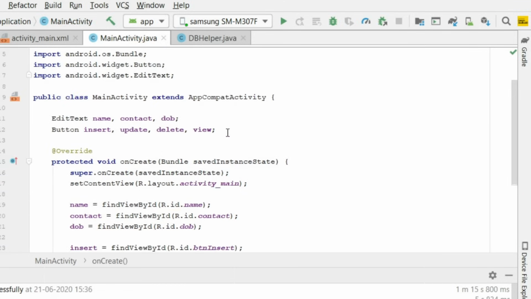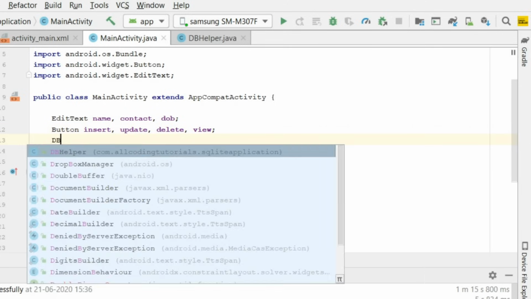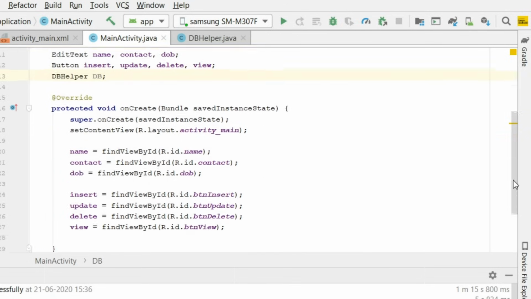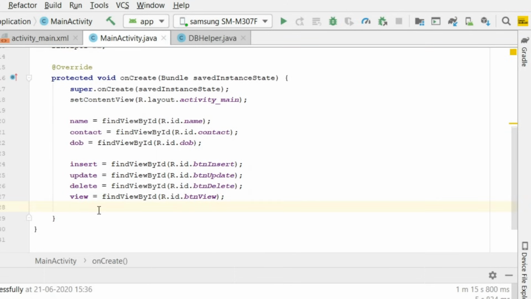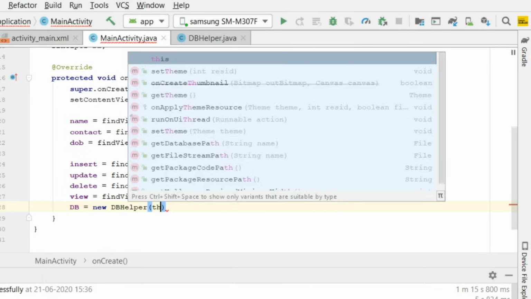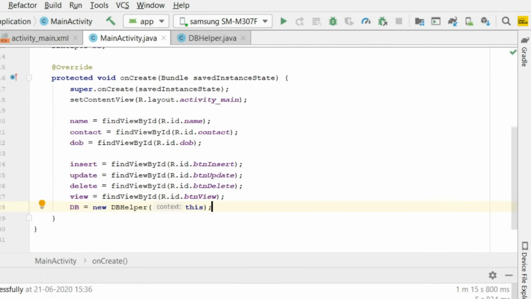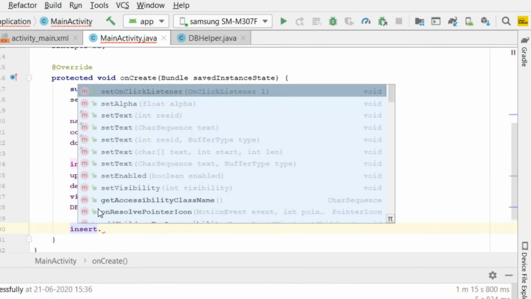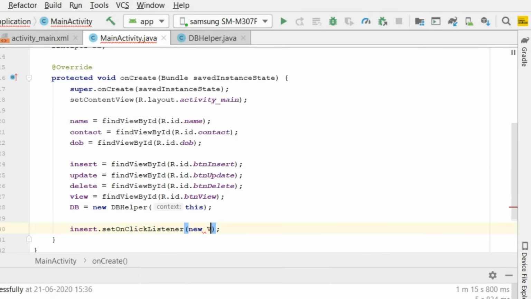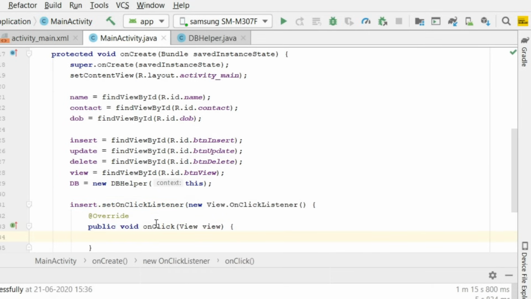Then let's create a DBHelper variable db, and then initialize that here. db equal to new DBHelper, context is this. Now create a listener for our insert button. Insert dot setOnClickListener, new View.OnClickListener. Now under the onClick method,